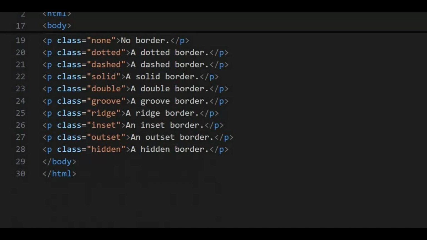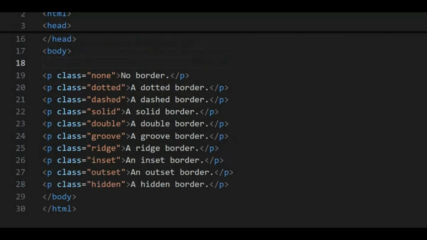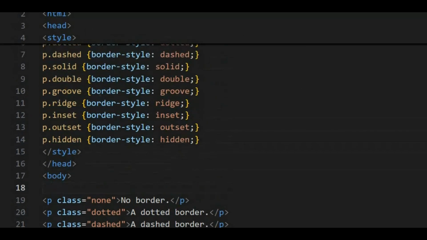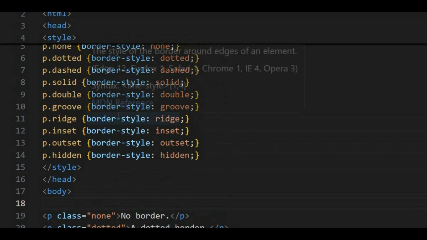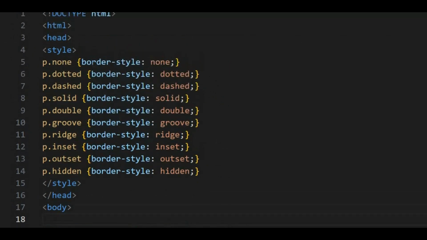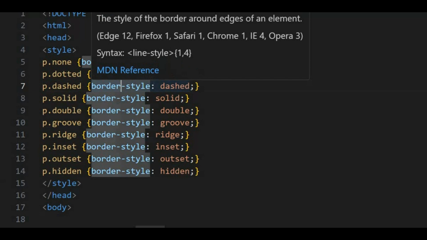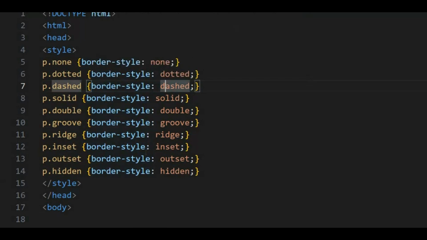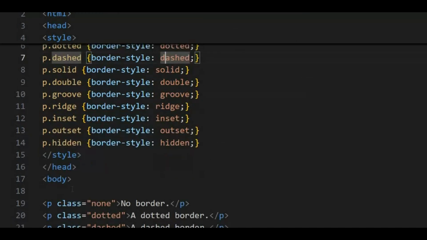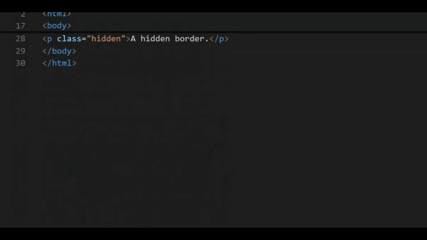Here you can give the paragraph and you can give dotted, dashed, whatever style you want, and then here we have to specify. So this is the declaration selection. Here you have to write border style and you